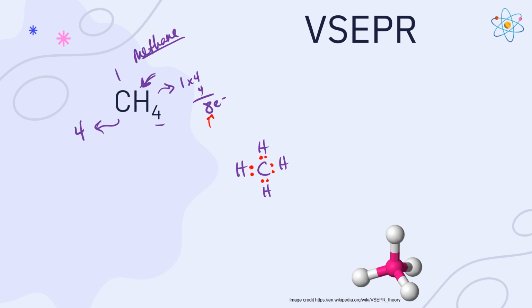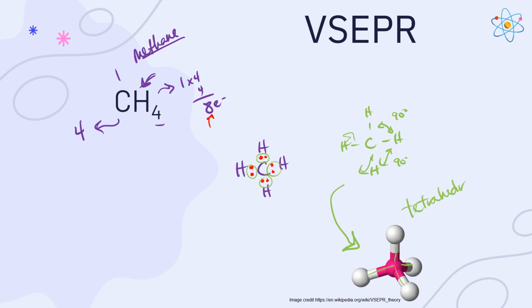Let's talk about the shape. So we've got 1, 2, 3, 4 bonding groups of electrons around that central carbon. It would be tempting to make a plus sign and say that these are going to spread out to be 90-degree angles, and this is the best that we can do in two dimensions. Except molecules are three-dimensional, and so we can actually push some back and pull some forward, and we're going to end up with a shape that looks a little bit more like a pyramid with this thing on the top. And this is called